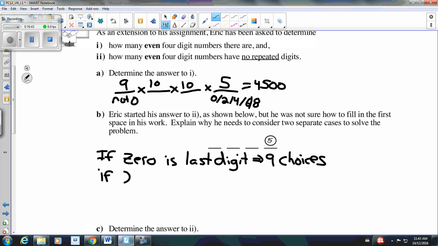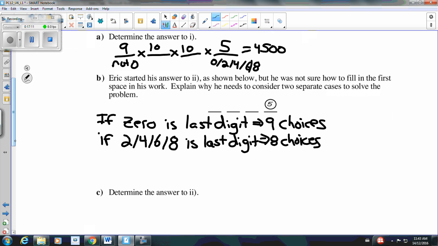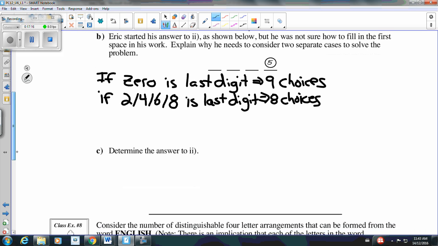But if 2, 4, 6, or 8 is the last digit, that means we have 8 choices. So we always know that the first digit can't be 0, but if our last digit was 0, that means we haven't used any of our options up, so we still have 9 choices. However, if our last digit was 2, 4, 6, or 8, that means we can not repeat that digit, plus we can't have 0. So to determine the answer, this is if the last digit is 0,